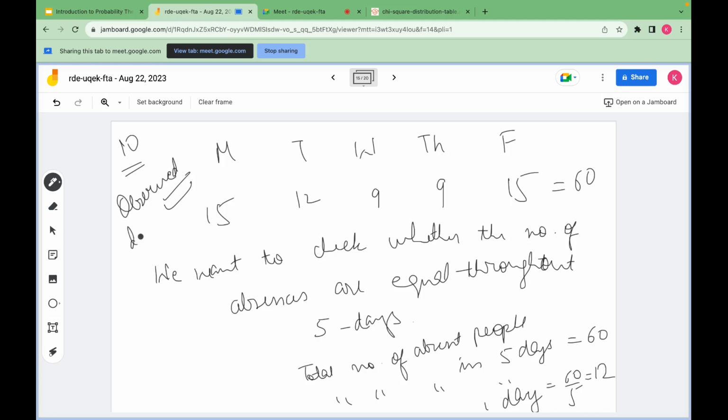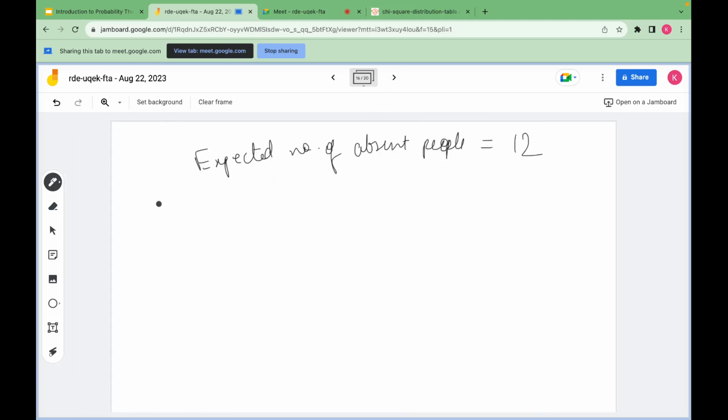This is the observed data. So if these absent people are 12, then we are saying that the expected number of absent people is 12. Okay, so here we want to see this claim, whether this number is 12. So here we will use this distribution test where we calculate this chi-square